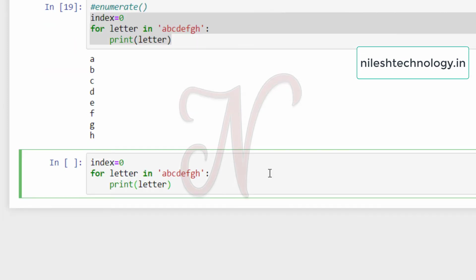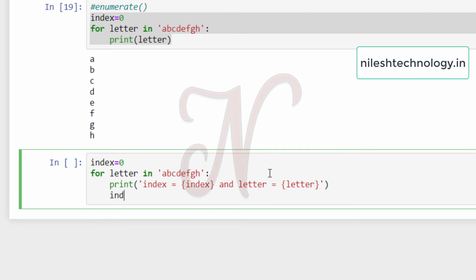Then index is equal to index and letter is equal to letter. Then here index equal to index plus 1.